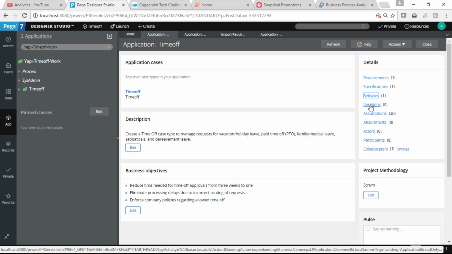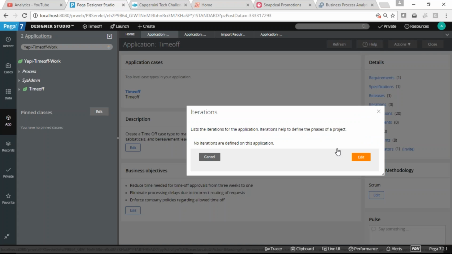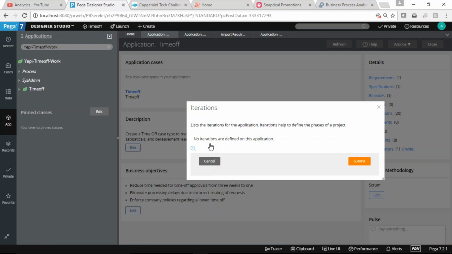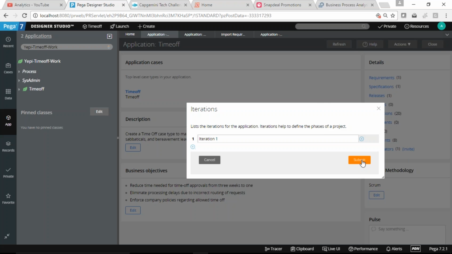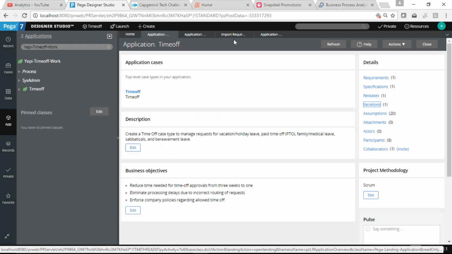Here I can give one iteration as well. Now if you go there, it will show you release and iteration as well.